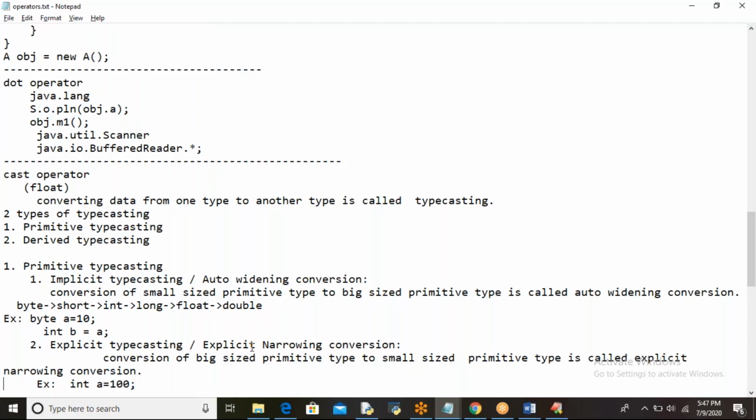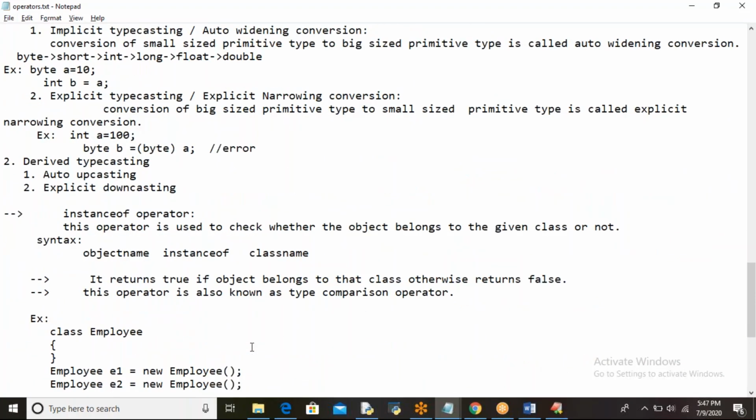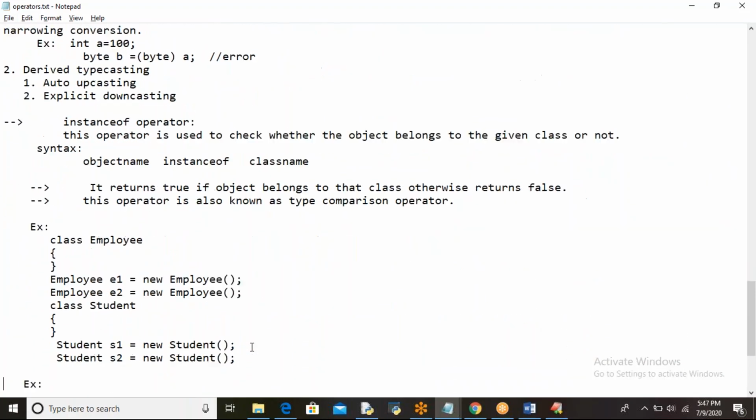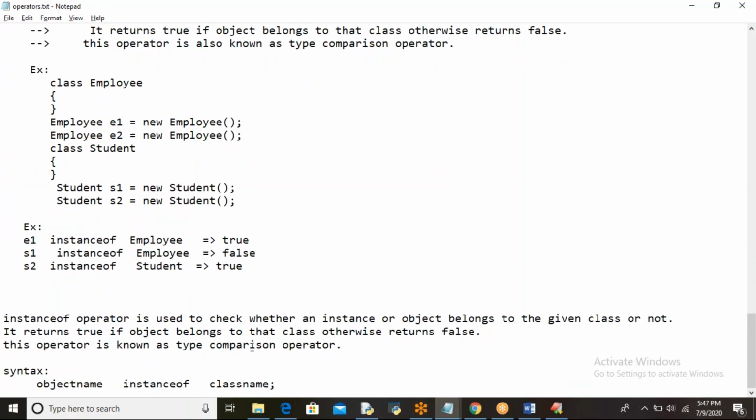It is also known as the type comparison operator. It checks whether an instance or object belongs to the given class or not. Understood? Got it? Any doubts here?